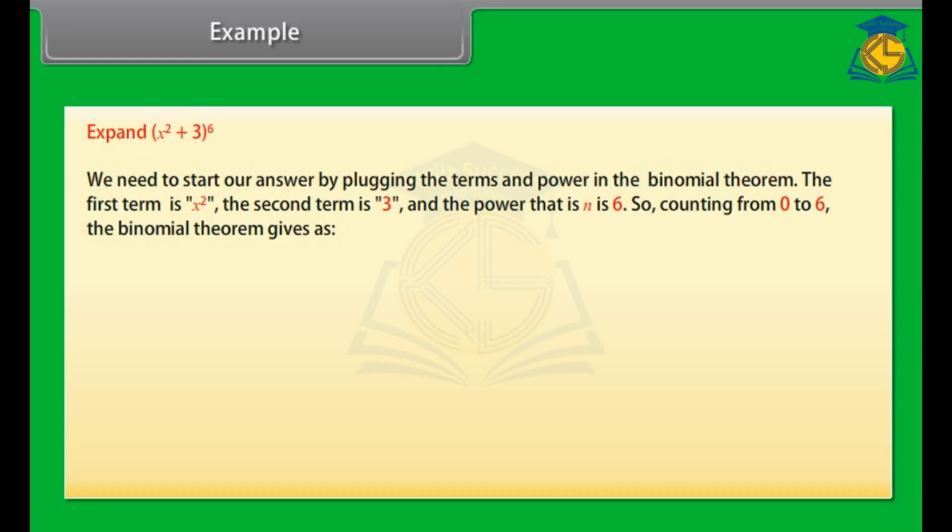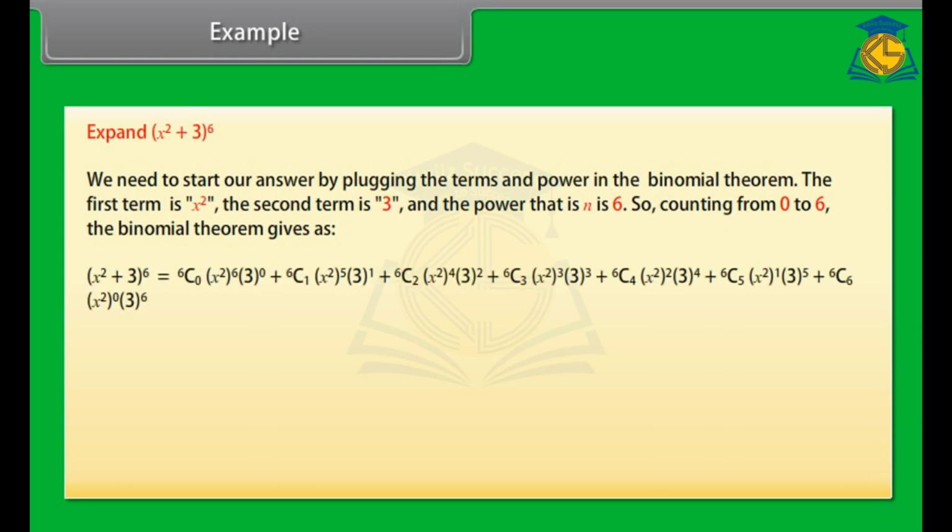So, counting from 0 to 6, (x square plus 3) whole power 6 is equal to 6C0 into x square raised to power 6 into 3 raised to power 0 plus 6C1 into x square raised to power 5 into 3 raised to power 1 plus